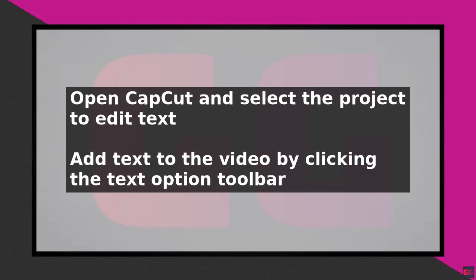To blur text in CapCut, start by opening the app and selecting the project you want to edit. Next, add the text you want to blur to your video by clicking on the text option in the toolbar and typing in your desired text. Once you have added the text, select it by clicking on it, and then click on the Edit option in